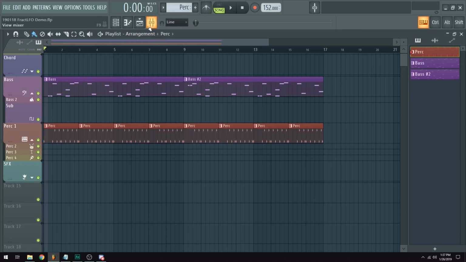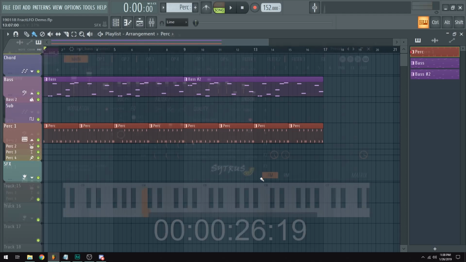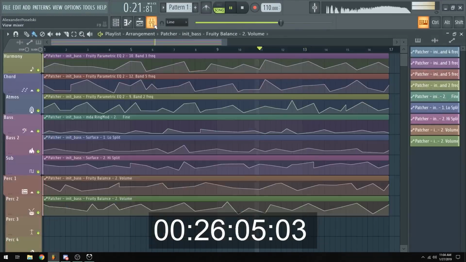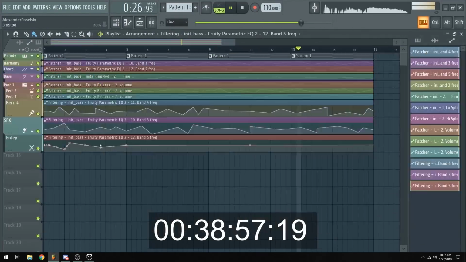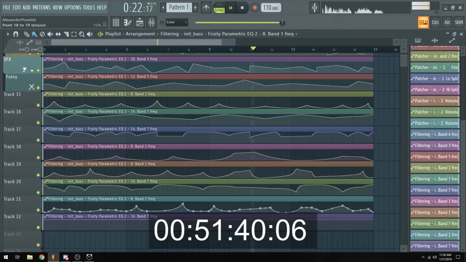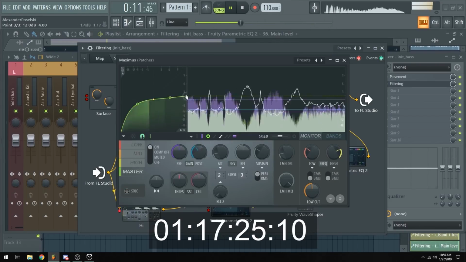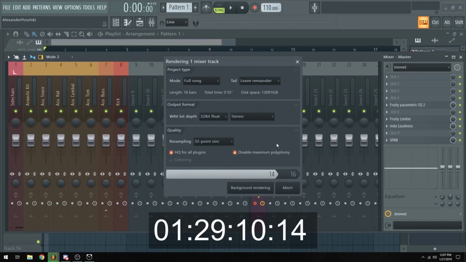I've created a patcher preset called Fracked LFO, and it is intended to make complex automation so much easier. If you're a Neuro producer, you might be familiar with how awful it is to create those basses. In Neuro, bass involves so much filtering and so much resampling. You can take so much time creating that kind of sound that you want, and I've tried to make something that will speed that process up a bit for you and for anybody who's